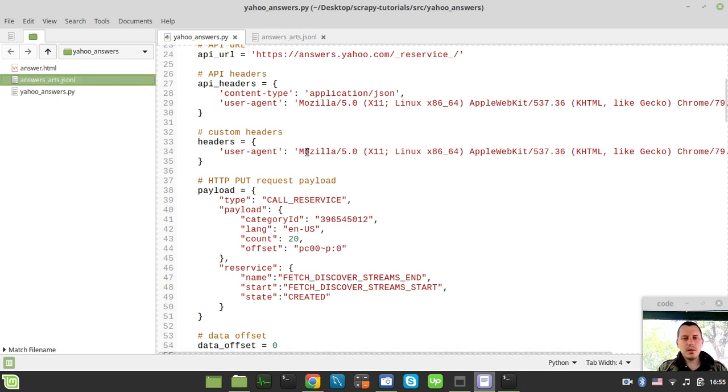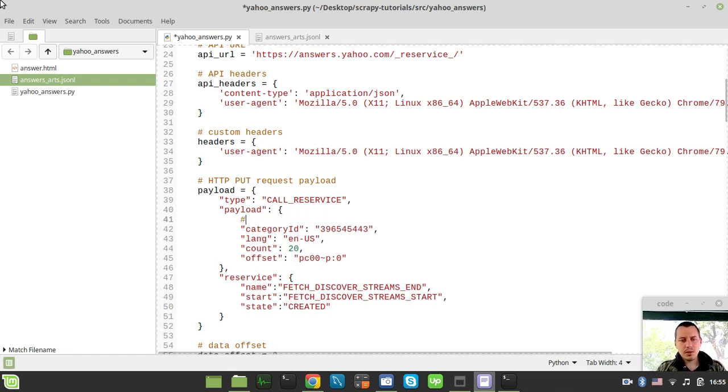And now if we just change this ID, here I would like to provide some commentary: change the category ID,